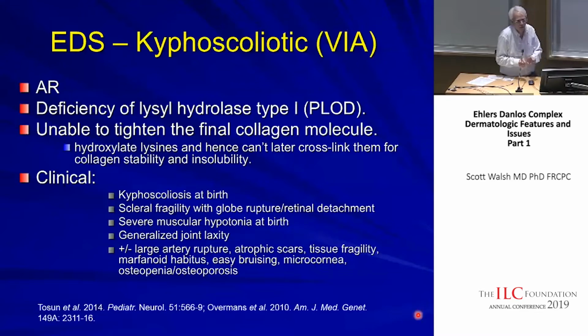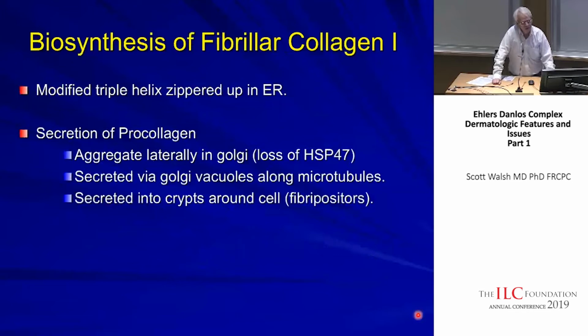And when you don't have that molecule there to make it hard, then the collagen stays quite soluble. So this is the type of Ehlers-Danlos where you can get globe rupture as well as kyphoscoliosis and generalized joint laxity. So within the cell,